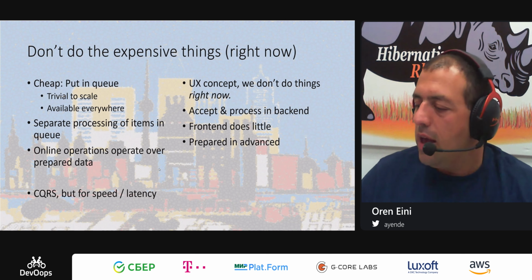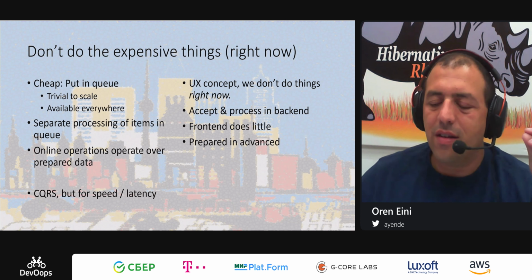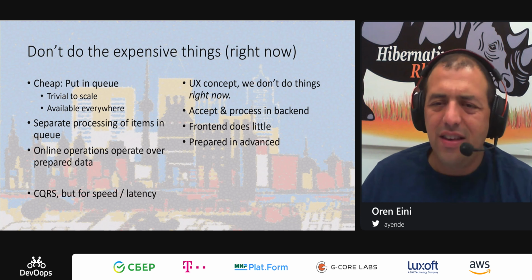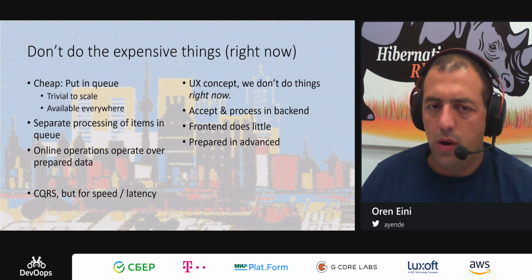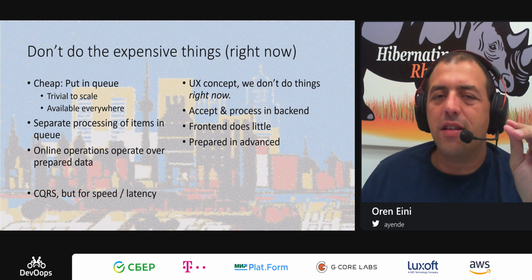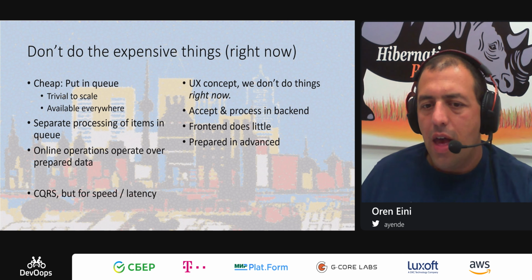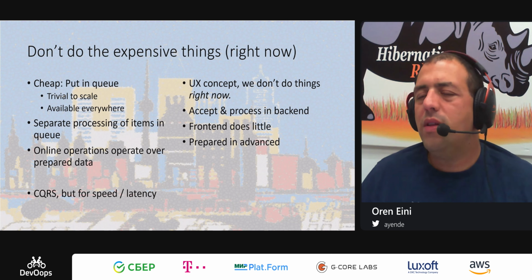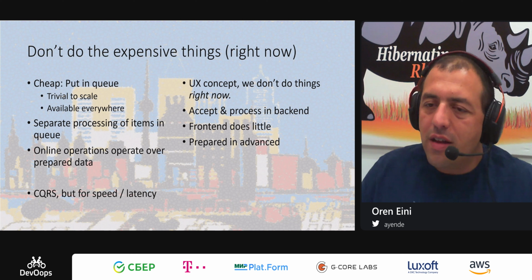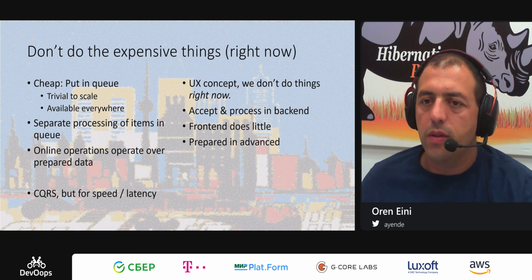They're going to be doing only the things that are known to be cheap. Now, this is very much like CQRS, but instead of seeking responsibility separation, I'm separating by what I can do to meet my latency targets and what I cannot.